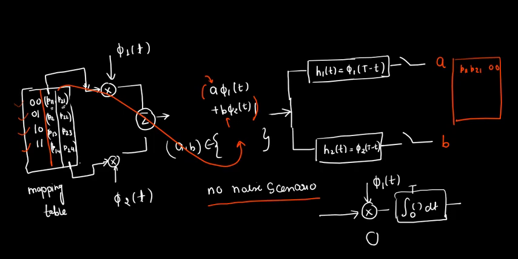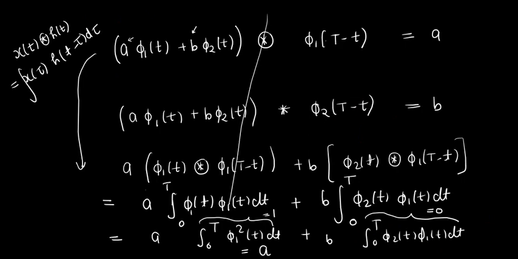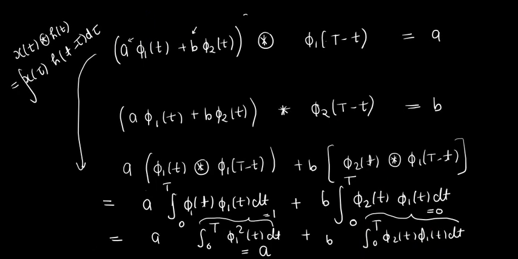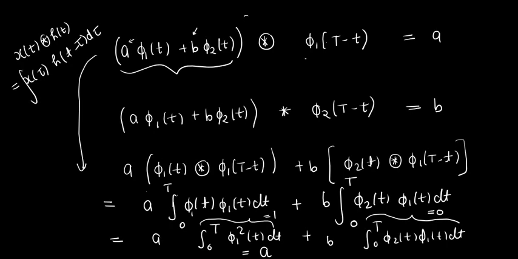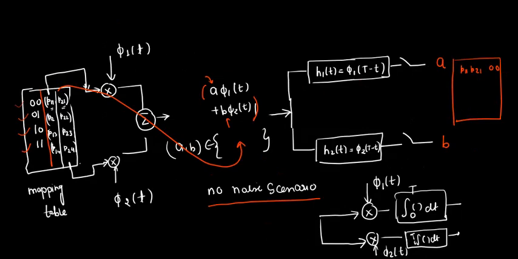So the bank of matched filters, please ask me if you have any doubt. We have not proved that once you pass this a phi 1 t plus b phi 2 t type signal through the first branch of this bank of matched filters,